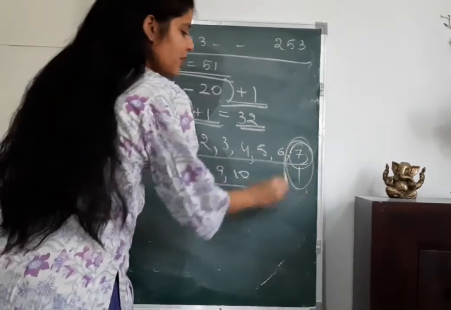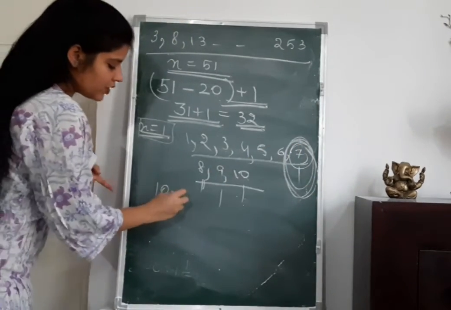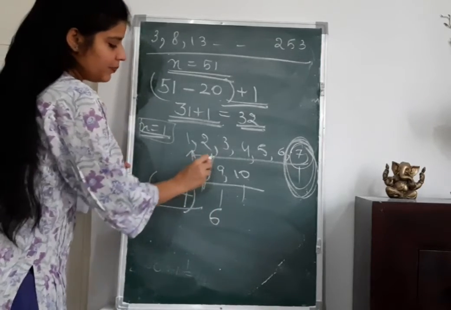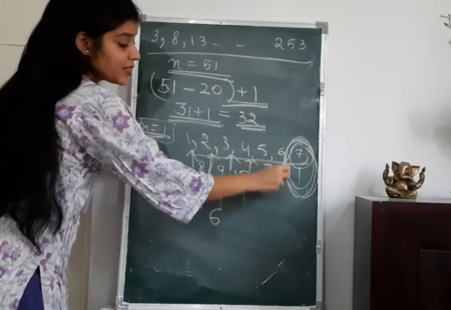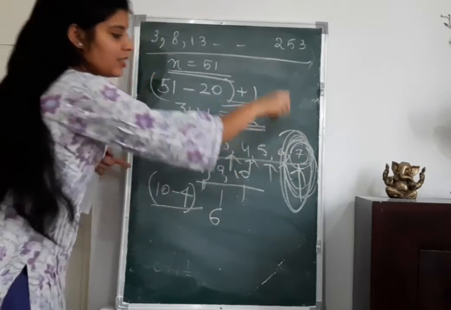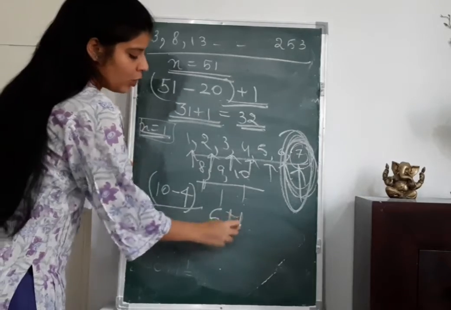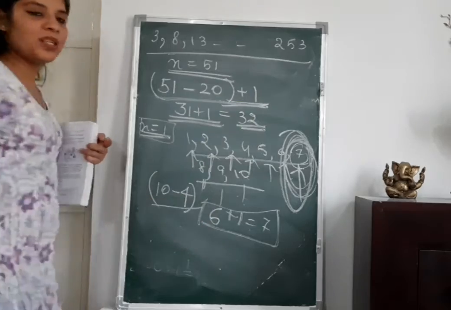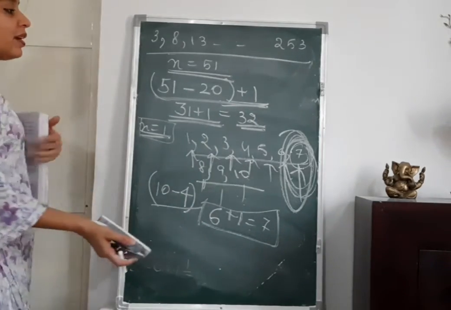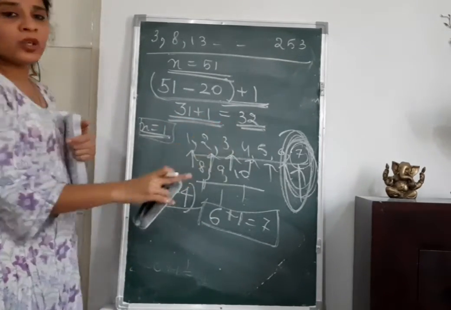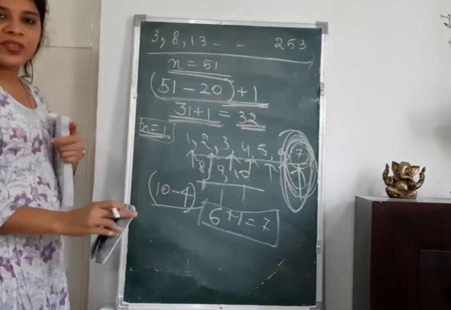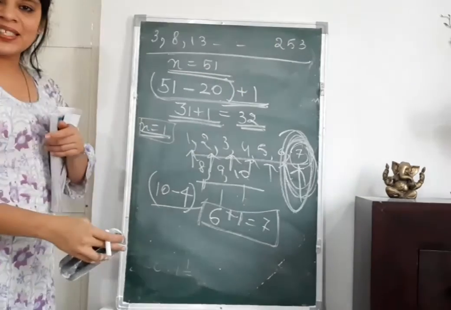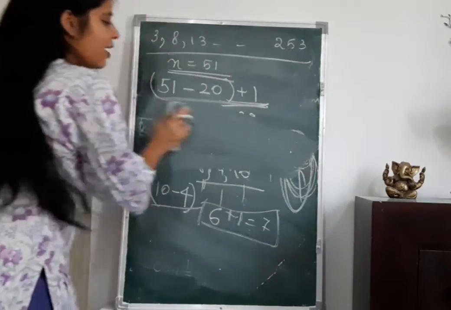But which term is it from starting? If you will just do 10 minus 4, you are going to get 6. But is it the 6th term? 3, 4, 5, 6. No, it is the 7th term. So basically I have to add 1 here for getting my answer correct. So it is always important to add 1 here. Please do not forget this. Now I have understood that the 20th last term of this series will be the 32nd term from the starting of the series, right?